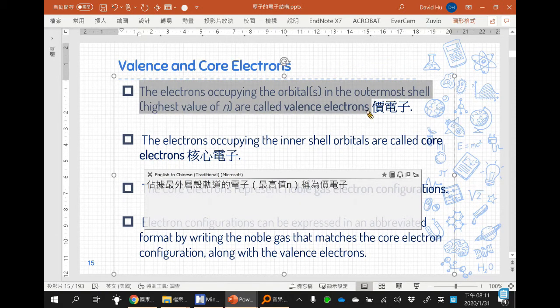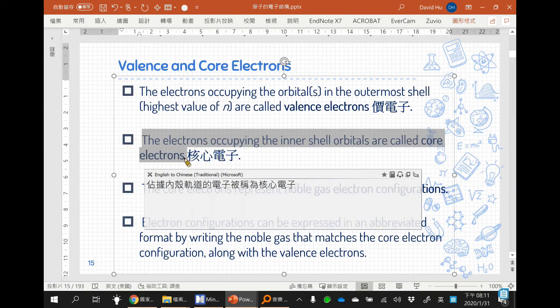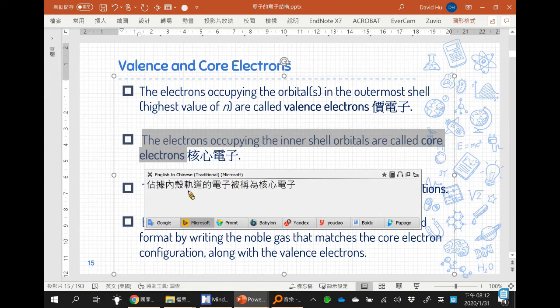The electrons occupying the orbitals in the outermost shell, highest value of n, are called valence electrons. 占据最外层轨道的电子，也就是 n 最高值的电子，它们称为价电子。The electrons occupying the inner shell orbitals are called core electrons. 占据内壳层轨道的电子，称为核心电子，也有人称为内层电子或是内壳电子。